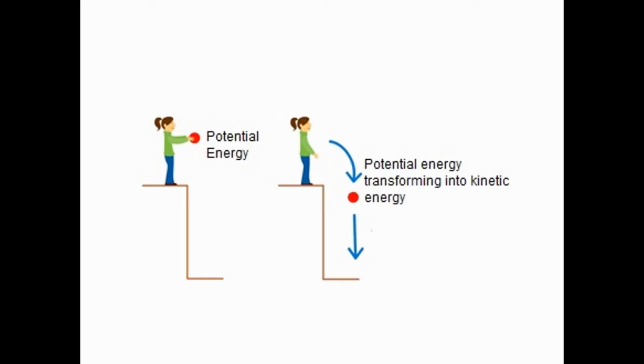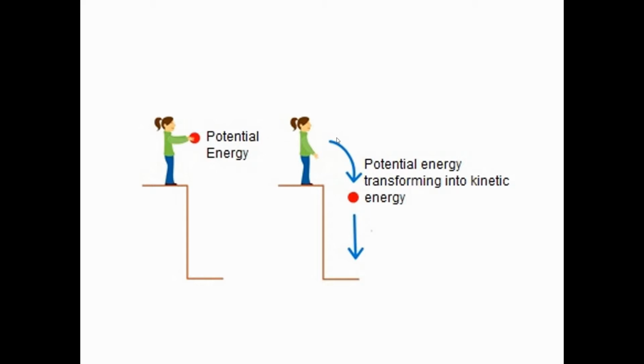So this picture is a transformation. Okay, energy transformation. Here is a girl, she is holding a ball. This is a baseline or ground. From the ground she is elevated to a height. If she is holding a ball in her hand at a height, that ball will have potential energy,